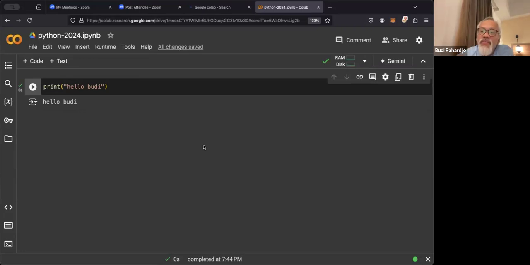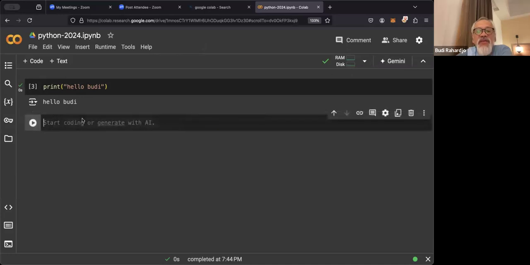Okay, so now in this cell, if you hover over this cell and go down, there's something called plus code or plus text. If you click on plus code, it will create a new cell for you, and this is also something to code in.